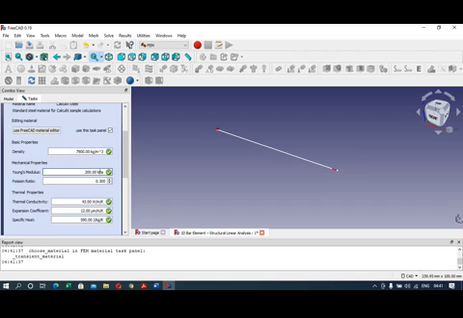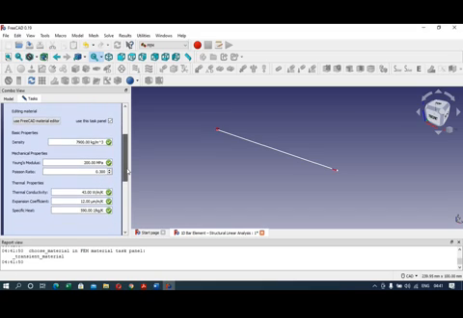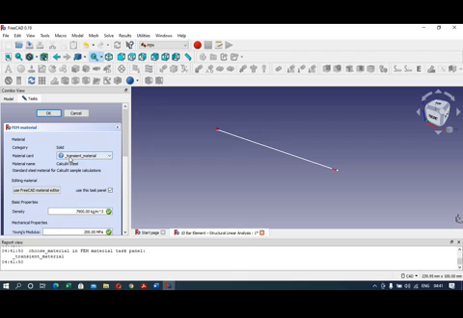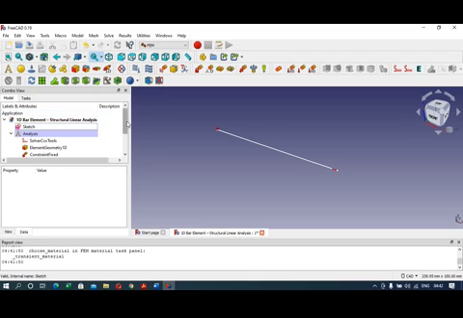So as in our numerical it is given as 200 kilonewton per millimeter square. So we will make it megapascal. So now it is 200 kilonewton per millimeter square Young's modulus. Poisson's ratio we will keep as it is, 0.3. Once we have made the change, so here we have selected the Calculix steel. Now once we change any value, whether Young's modulus or density, then the material name will change and it will change to transient material. So click on OK. So here in the tree also you can see the material solid.